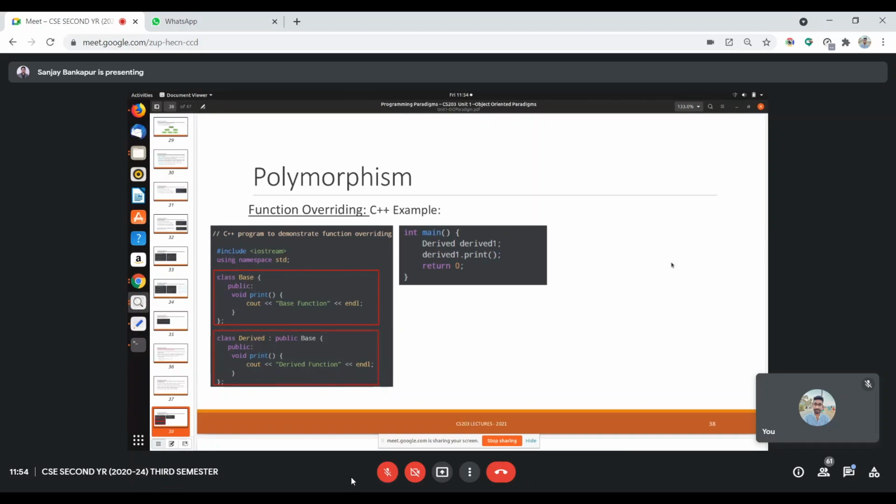Class derived. Class is a keyword. Derived can be any name, like a shape. Shape being a base class and derived, like triangle. Triangle comes under shape. So instead of derived, I can write triangle colon public base, instead of base, shape. So this is the syntax, and I have print.